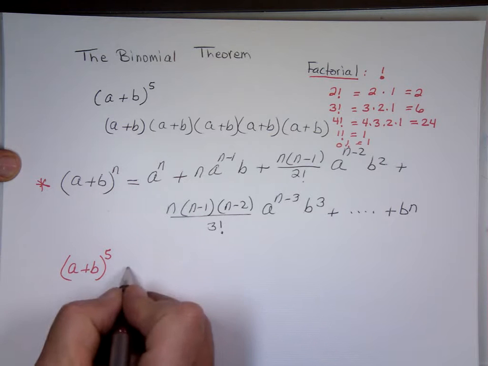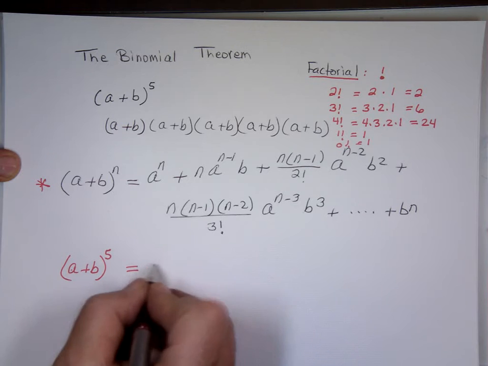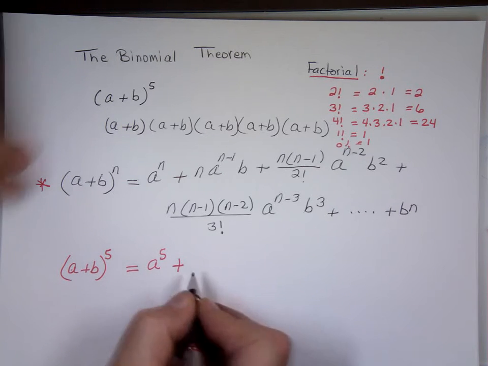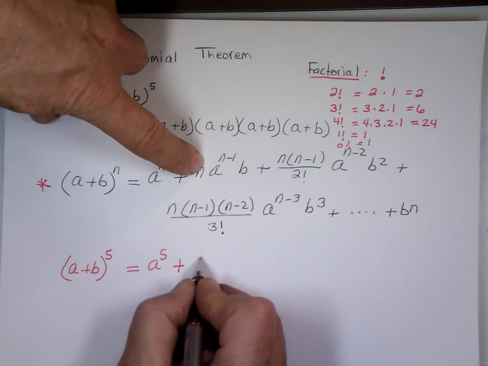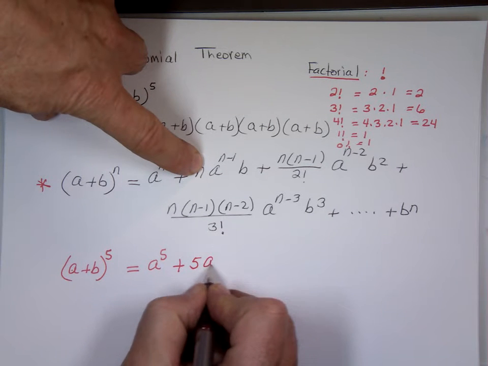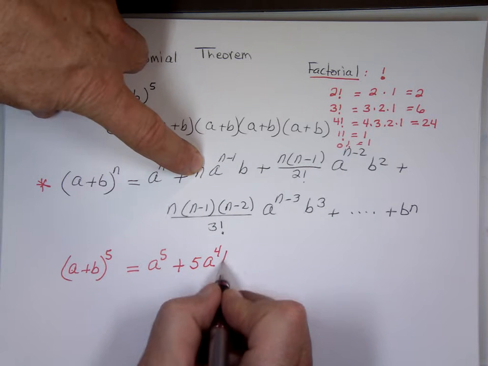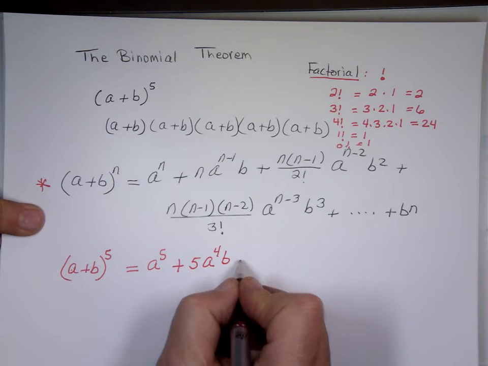So this one says your answer should be, the first term should be this one raised to the power of 5. Now the next term says take n, which is 5, a to the power of what? 5 minus 1, that's a 4, times b. Plus